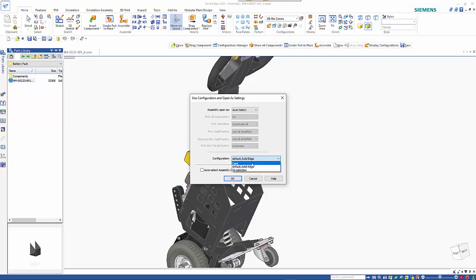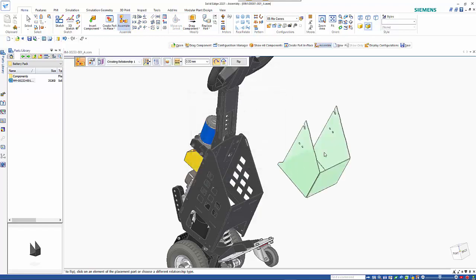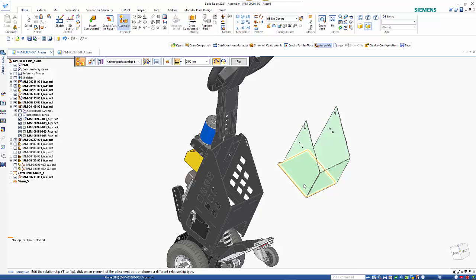So I've got this new display configuration for the sub-assembly, and as you can see, all we're getting is just the base part that we